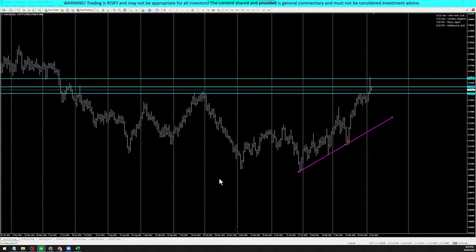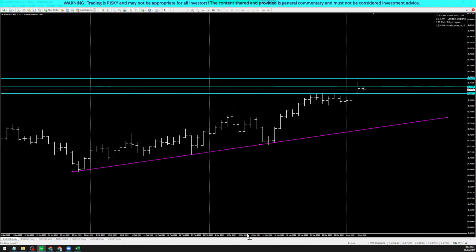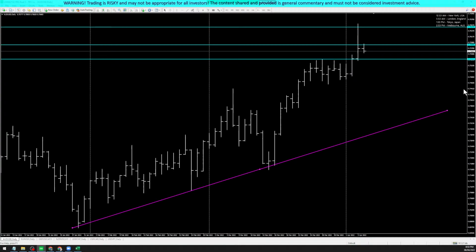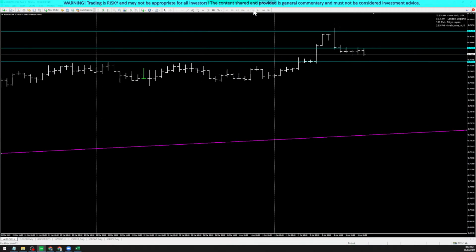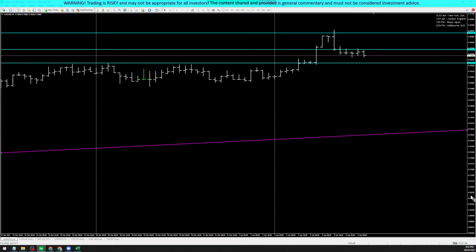Now, let's go for a little bit of an aggressive one. I want to get in now, actually. So, I want to go for the aggressive one. So, this is when you go lower time frame and try to figure out if there's a possibility for you to get in already, like right now. Okay? Let's see. D1 chart.